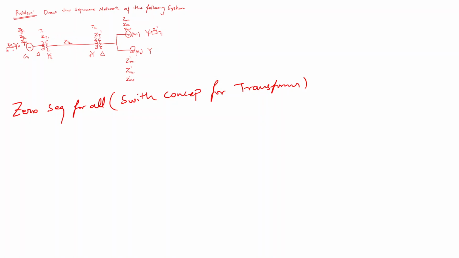For generator 1, the neutral is connected to ground with a current limiting device, and for that current limiting device a separate impedance is there, that is Zn. And if you want to find this Zn value, we need to calculate it 3 times, because it is a 3-phase network. So this Zn can be taken into the sequence network as 3Zn. Already Z0 is available in our network.